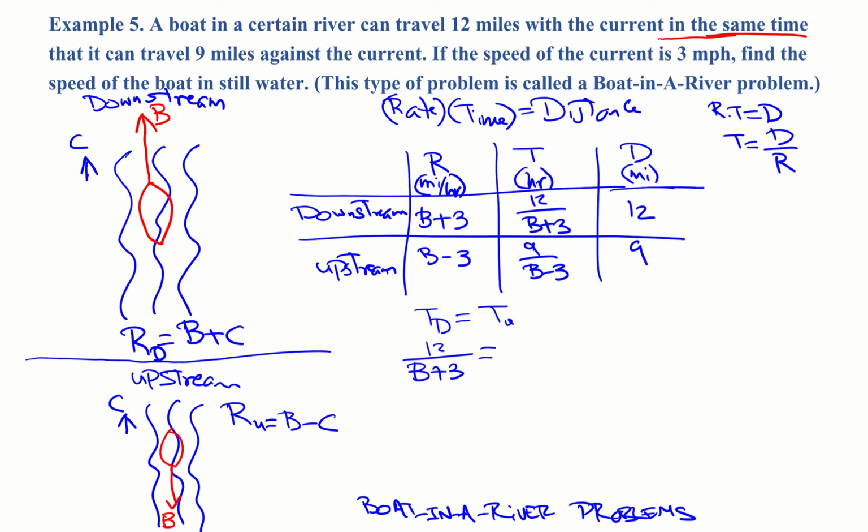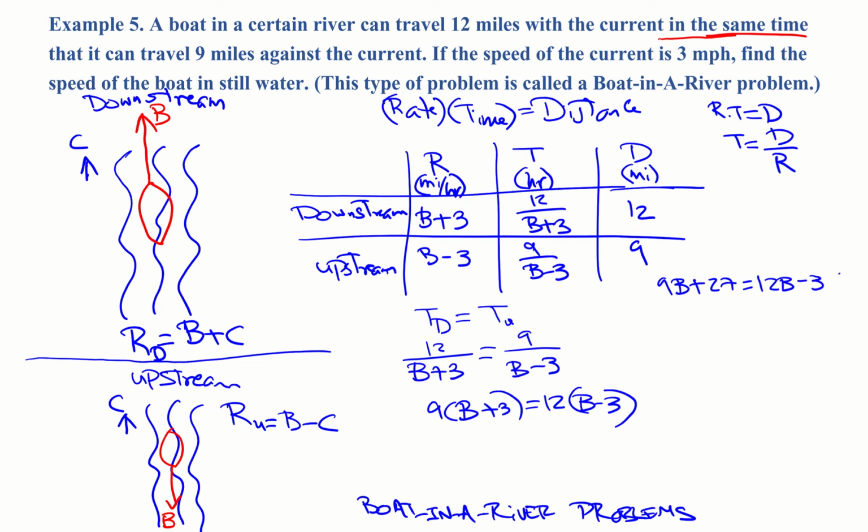set it equal to 9 over b minus 3. Now, that should be very familiar to you at this point. You can see that's a proportion. We can go ahead and cross multiply. So we get 9 times b plus 3 equals 12 times b minus 3. So 9b plus 27 equals